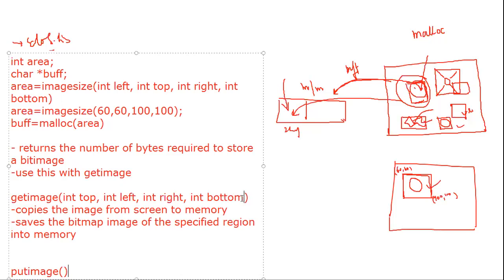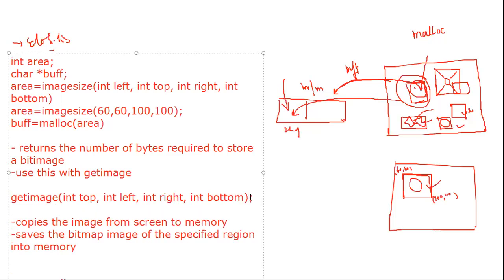Right, and if I give you the example with it, so we can write get image from 60, 60, 100, 100. Okay, and where we have to save it, the memory location, that is buffer, that we have allocated the memory at this location. So it is pointing that save the image at this location where the memory has been created